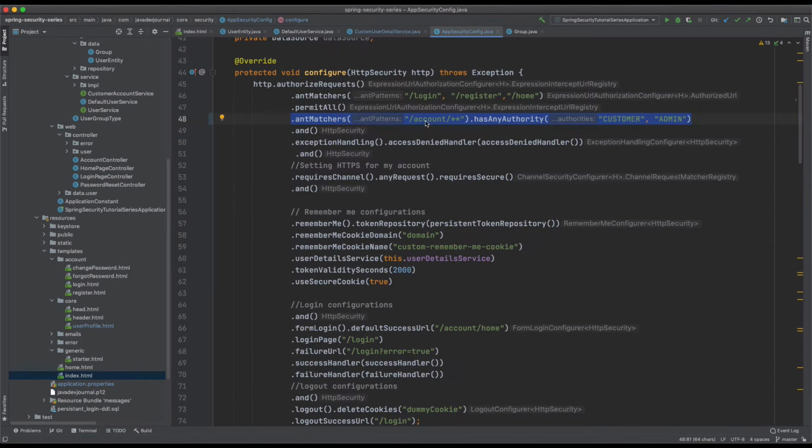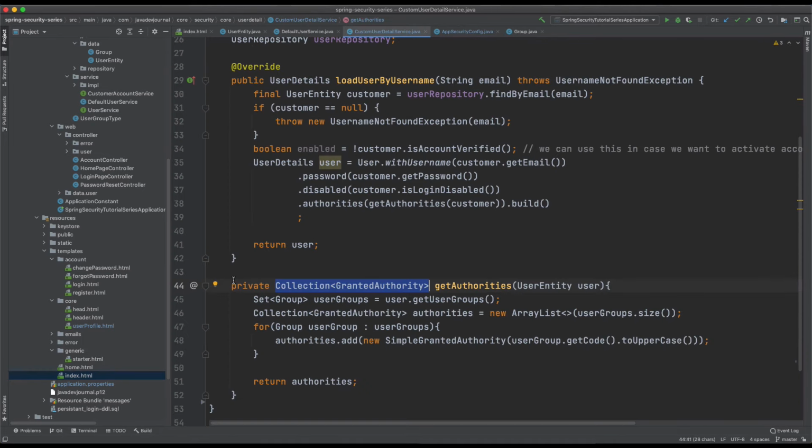For example, if there is a specific URL, all you have to do is add that group name here, and the rest of the things will work automatically with Spring Security. You don't have to write any code. Your custom user detail service will automatically fetch that user information, create the granted authority list, and do those things for us. All right. So enough about how this code looks and enough about looking into the code. Let's quickly get into the demo part of it.